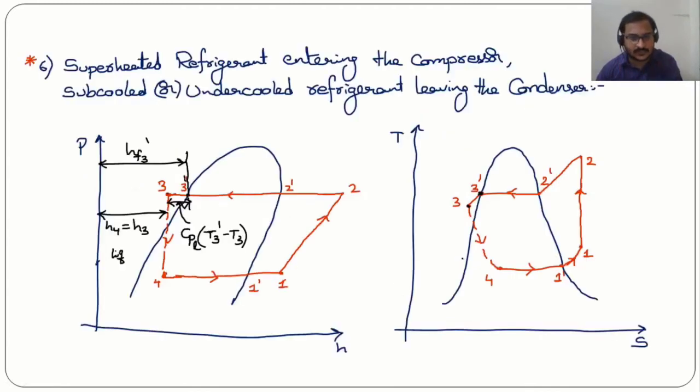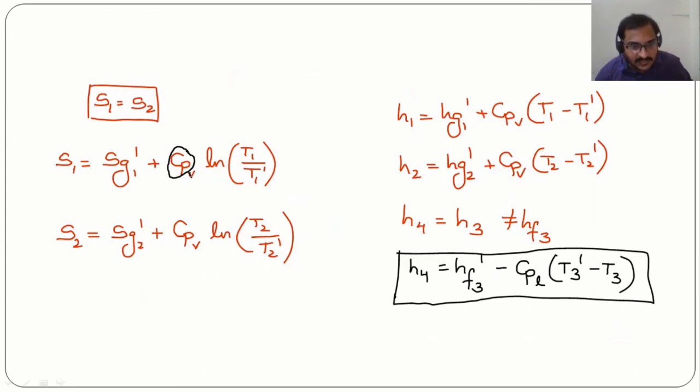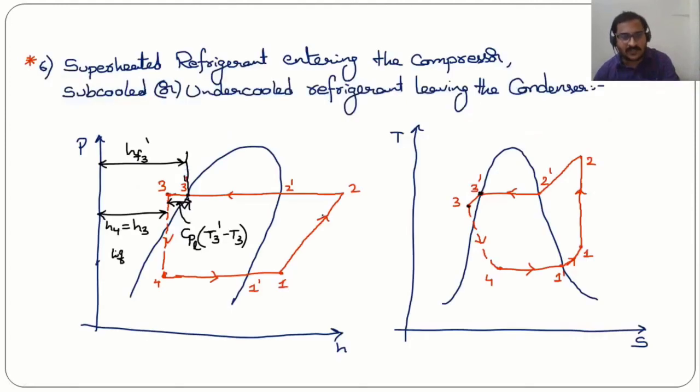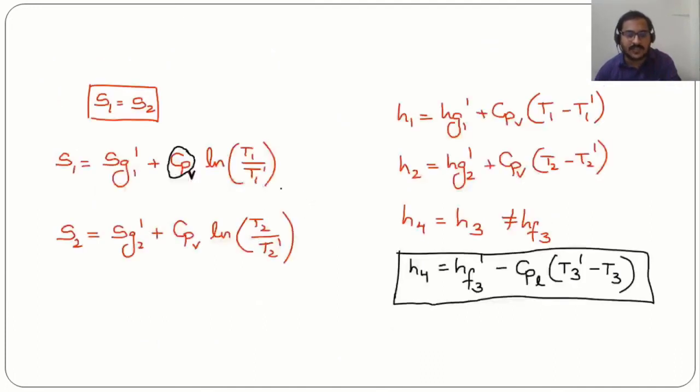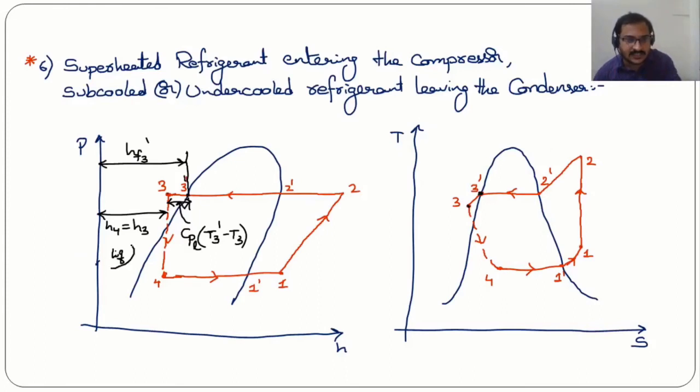Now see why we have taken CPL here and CPV here. What is this V here is, this is representing the vapor state. You can observe that all this is in the vapor region or the steam condition. So I am just putting specific heat at constant pressure of the vapor, whereas you can observe here I have taken specific heat at constant pressure of the liquid. The reason is this region is the liquid region. So try to understand that.